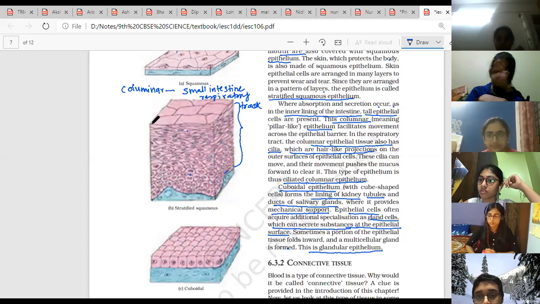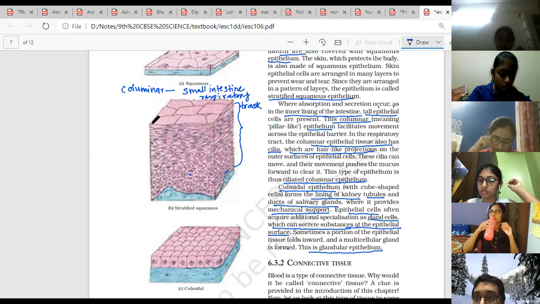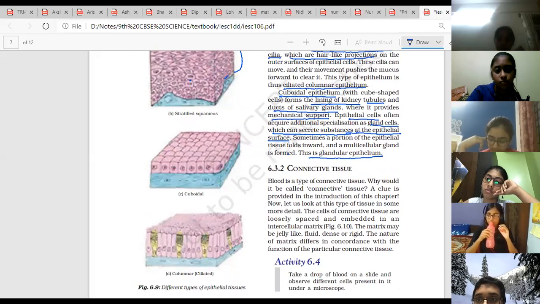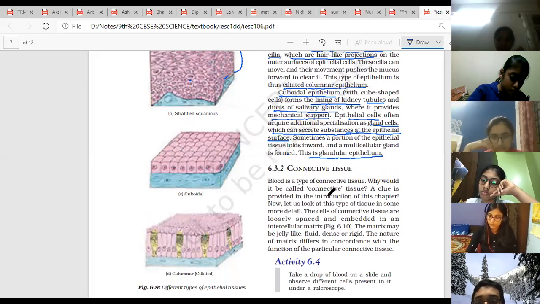Yes, ma'am. Ma'am, are you showing anything below the connective tissue? No, nothing. I'm not showing anything. Here nothing is written. Actually, in connective tissues, they have not written much in the textbook, only four to five paras, one line for each connective tissue. So you have to learn more for your school exam. They won't only ask on this part.